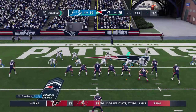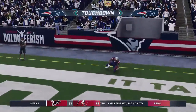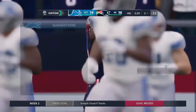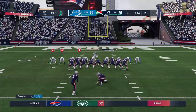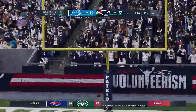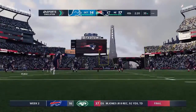2nd and goal from the 1. Check, he's coming. Newton throwing again. And that's going to be caught for a Patriot touchdown. David Moore there to make the grab. And the Patriots have moved out in front here in the 4th quarter. So 2nd and goal there from the 1. They go to the air. And the perfect down to throw the football in this sequence. 2nd down is always kind of the, do they throw it, do they run it? They worked it out to perfection on that one by throwing it into the end zone. Extra point good by Prater. And it's now